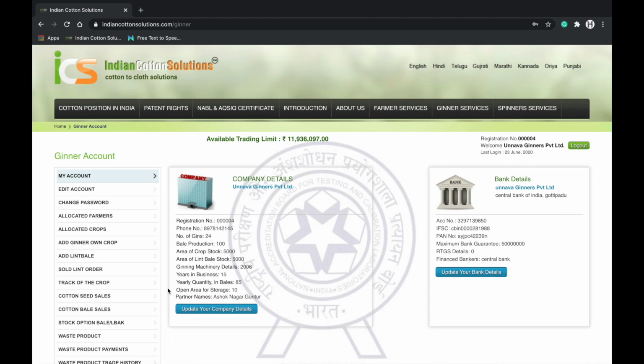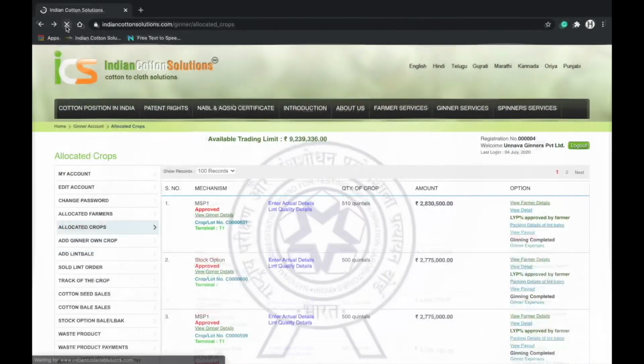For every 20 bales, one geotagging photo or one geotagging video has to be uploaded by the ginner in the respective section. The sample should be handed over to the respective ginner testing franchise for testing. The HVI report is generated and mailed to the ginner. This is then uploaded in the website by the ginner.